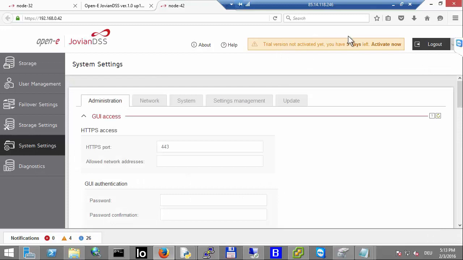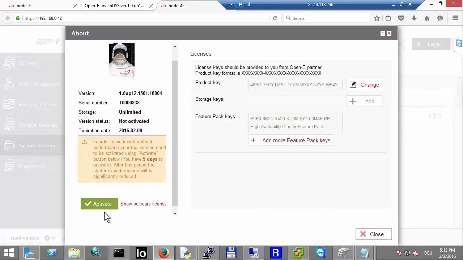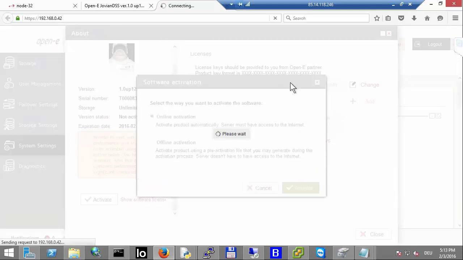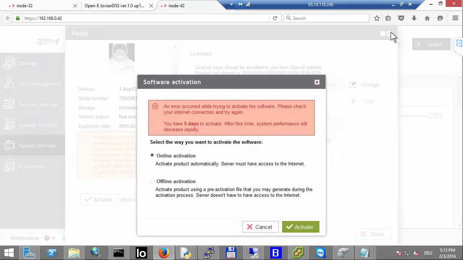By the way, this is a trial version, it needs to be activated. So when I go to activate now and then use online activation, it will not work because my gateway is not configured yet, since I was changing it. So I will have an error, but when we fix it,